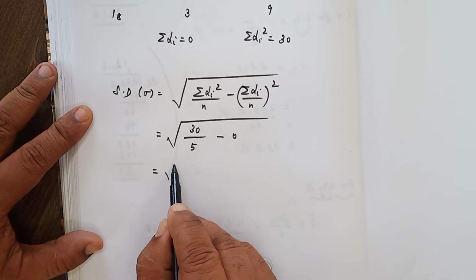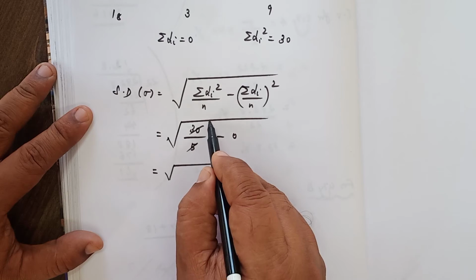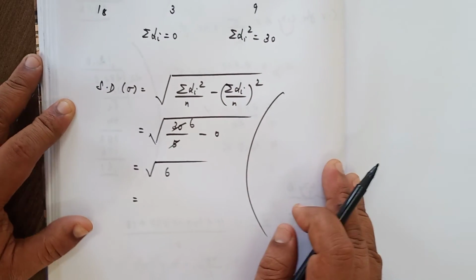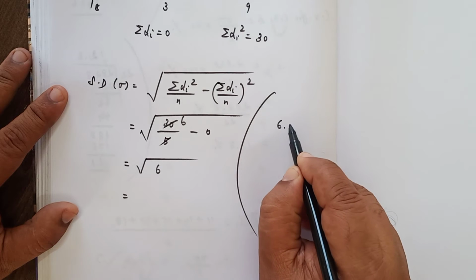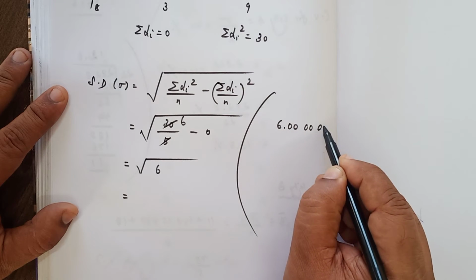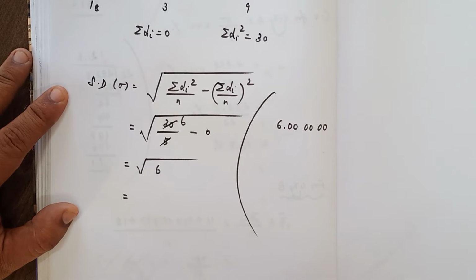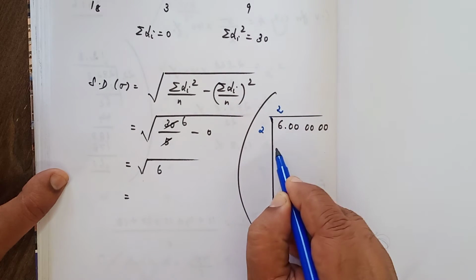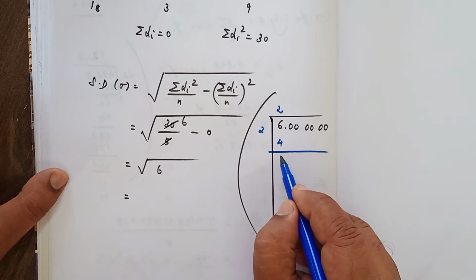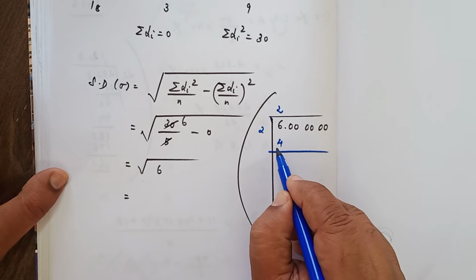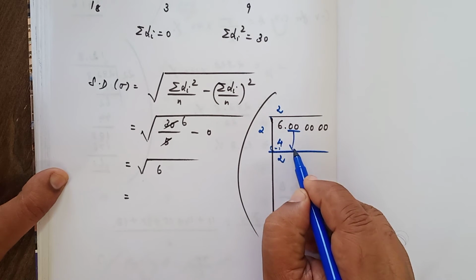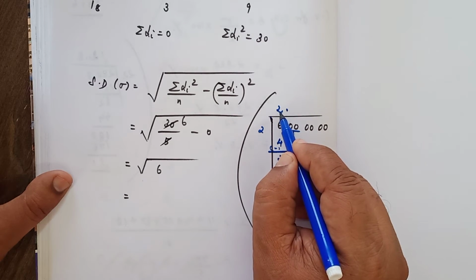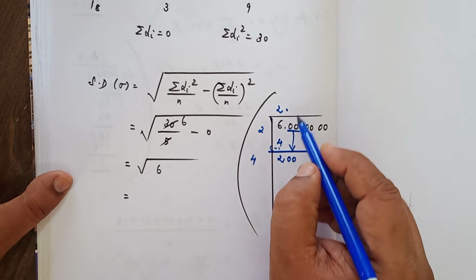That is equal to, you know the 5 table, how many times? 6 times 6. We have to find out the square root of 6. You can write 6.0000, any number of zeros can be taken. Since we have 6 in the integral part, we can take only 2. 2 2s are 4. 6 minus 4 is 2. Then you have to bring down 2 digits, 00. But there is one point here: 2 should be multiplied by 2. 2 2s are 4.